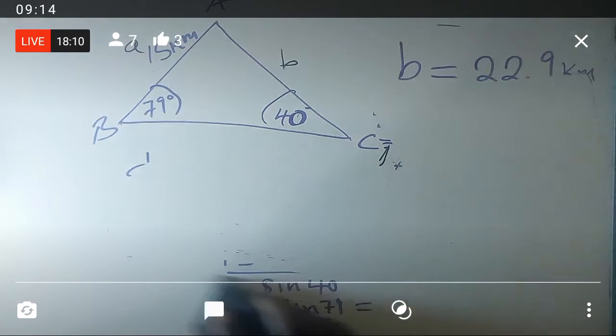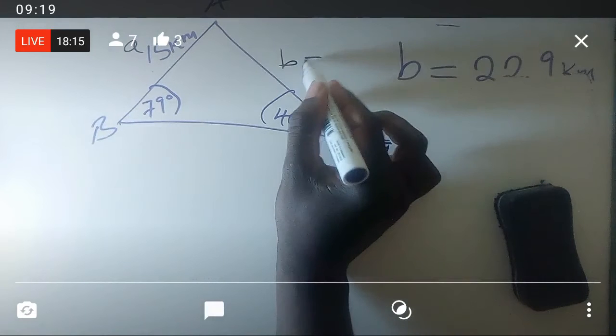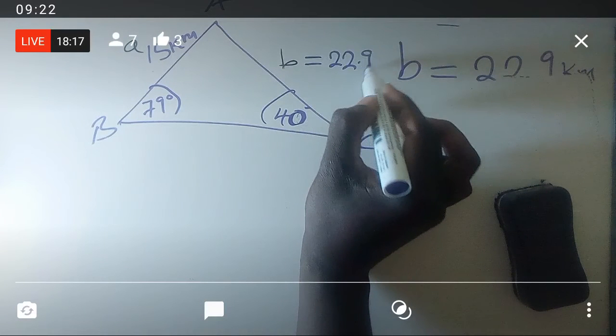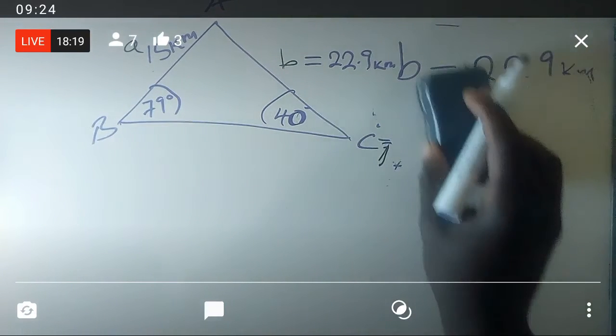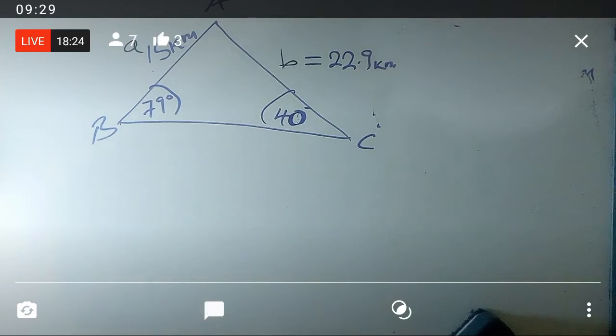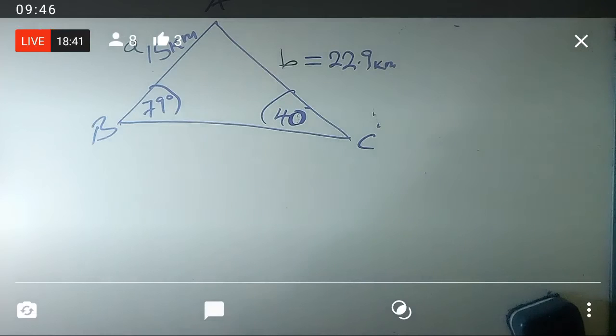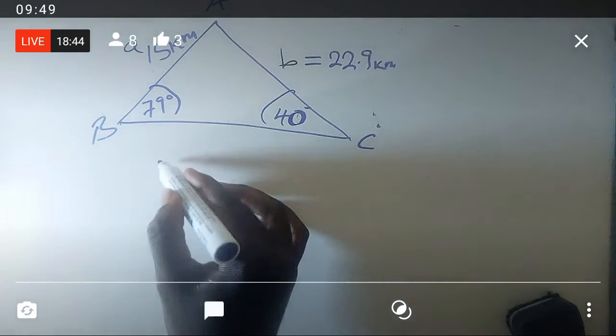Since we have found our B here, which is 22.9 kilometers, let's check our next question. They are saying we find the area. So how do you find the area here? You must be very careful. Okay? When finding area, you use the formula. Area is equal to,